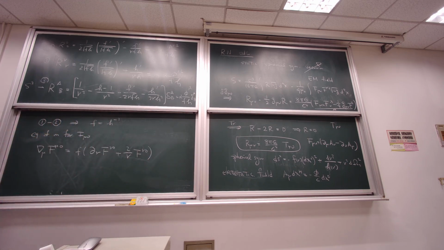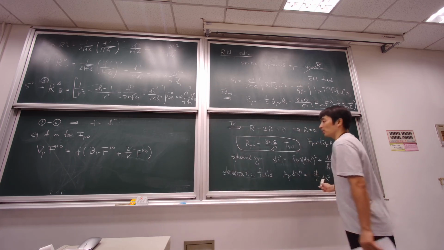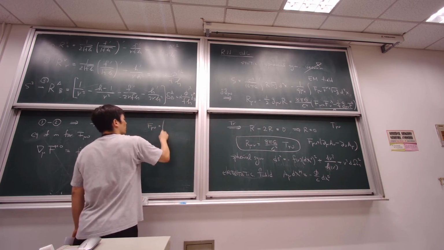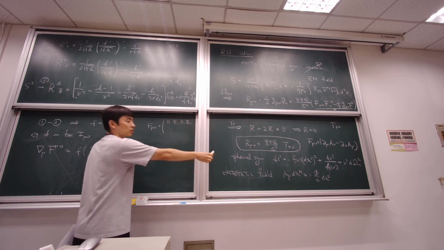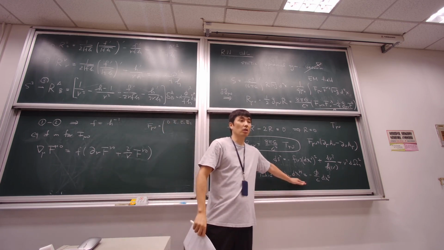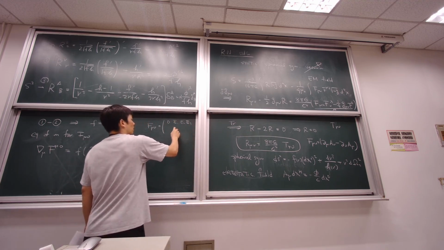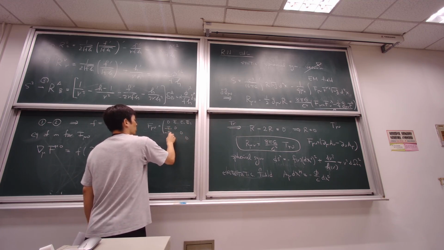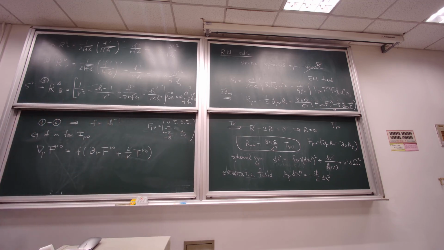since we already knew that F r0 is non-trivial, right? So from here, F mu nu only has the electric field. F mu nu is something like 0, E1, E2, E3. There is no magnetic field, with this assumption. That's why I call it electrostatic. It depends on r, like this way, and minus E1, minus E2, minus E3, and the rest is 0. So this is the non-trivial part of the equation.